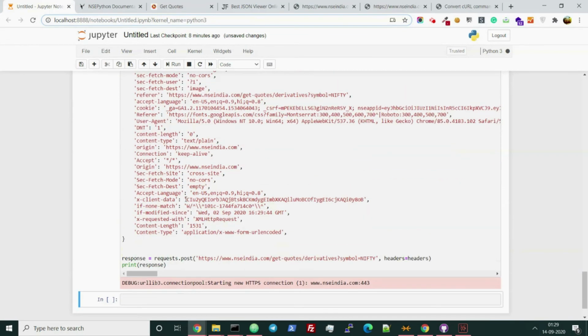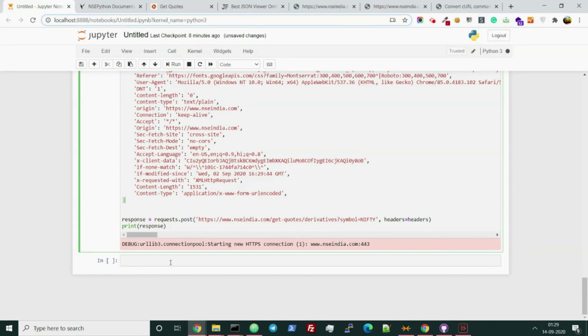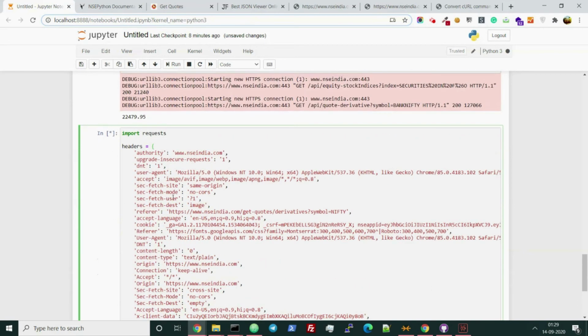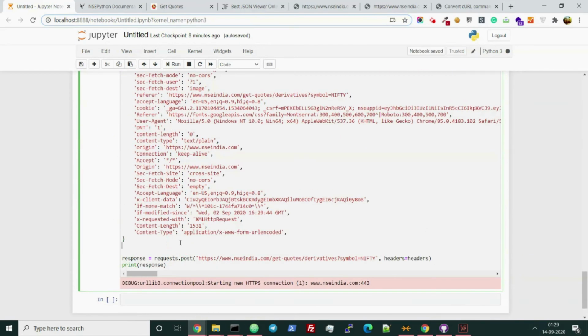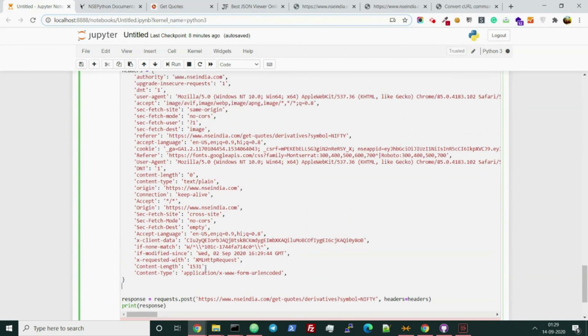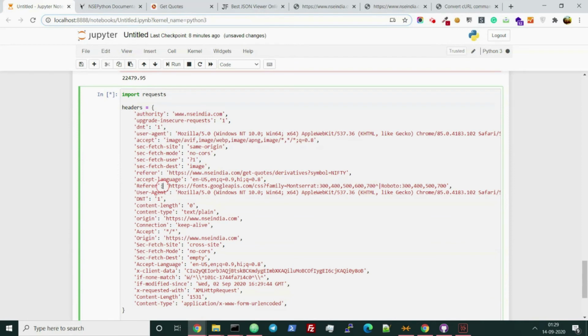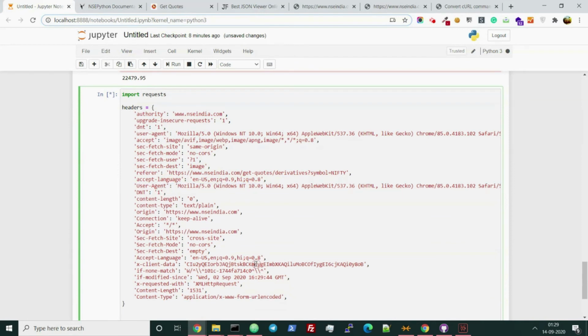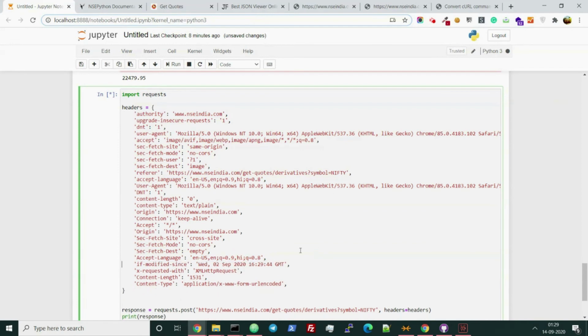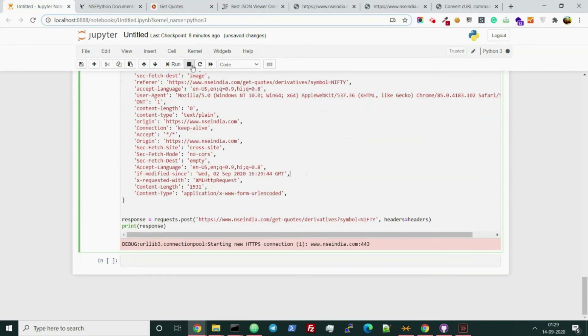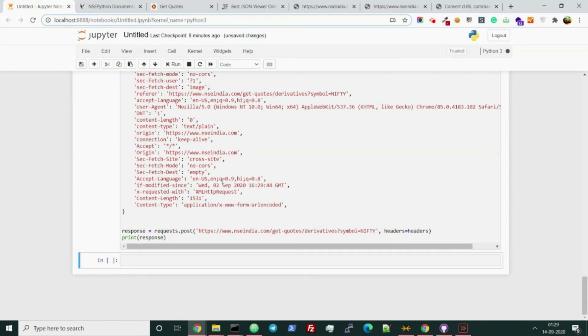So let me see if it is working. The code is running right now. It looks like it is stuck. So I'll be removing the cookie, referrer, client data, this one, stopping the code. I shall be running it back.